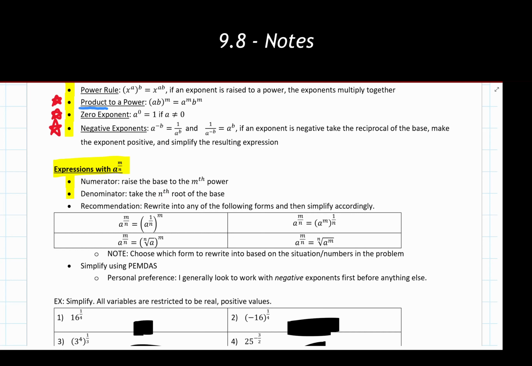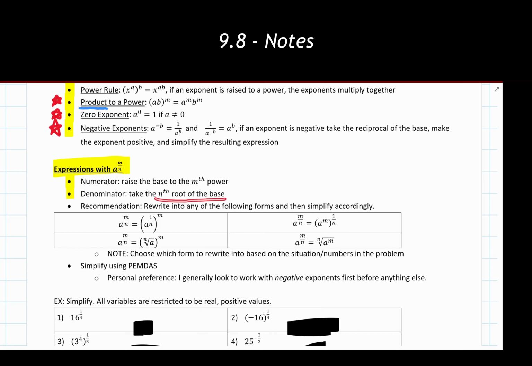So I want to make sure we have that clear for ourselves. The numerator, being above, raises something up to a power. The denominator, being down below, is going to drop the value down because it's going to be taking the nth root of something. So the numerator is going to make the number bigger, the denominator is going to make the number smaller. Just make sure that we are correctly identifying one is raising it to a power, one is taking a root of it.